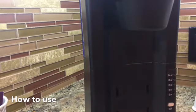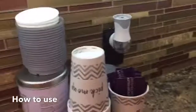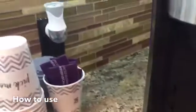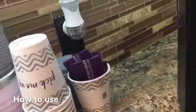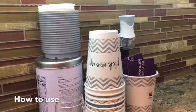Anyway, A. Then unlock this right here. B. Wait, where's B? Okay. Now, let's just skip to C because B is just whatever. This is for that thing. Okay, so this thing right here. If you wanna put your own coffee here, let me just...